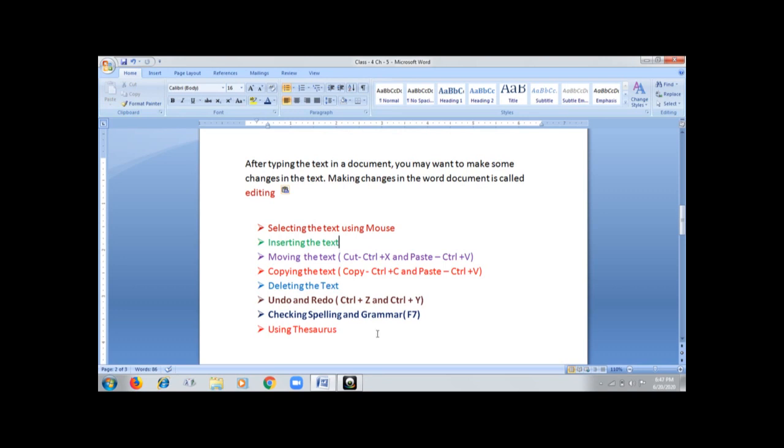Now the delete key and backspace key have some difference. I'll just show you. I'm putting my cursor on the first bullet point, keeping it between the word 'delete' and the word 'text'. Now I'm pressing the backspace key from my keyboard. See what happens.